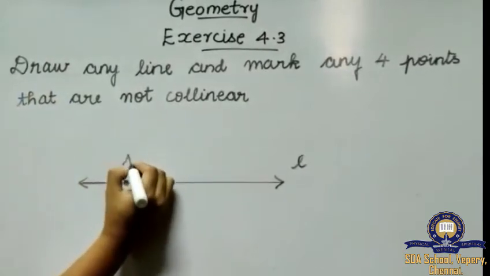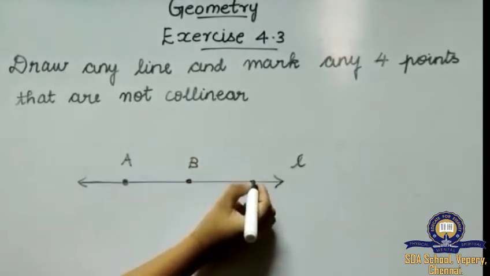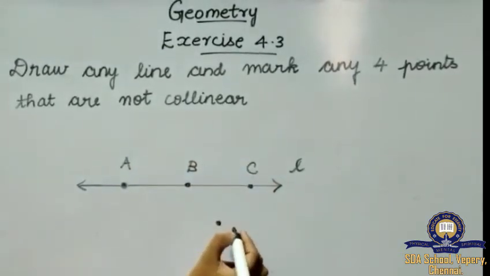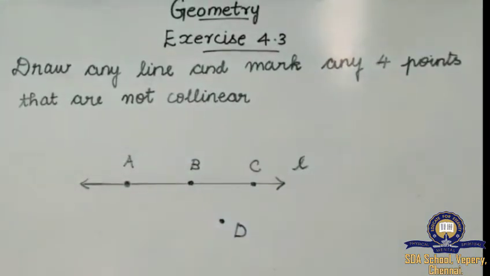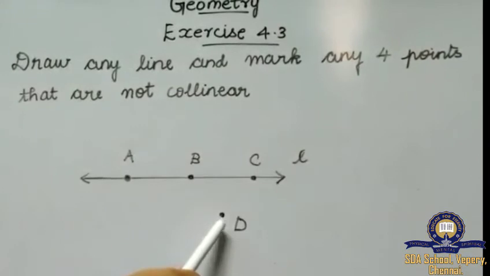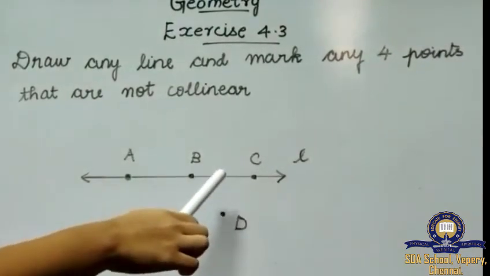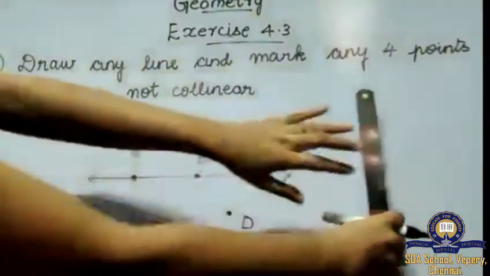So I am going to write A, B, C and D, okay? It is very clear that A, B, C, D are not collinear points, since D is not lying on the same line, right? I can even draw it as